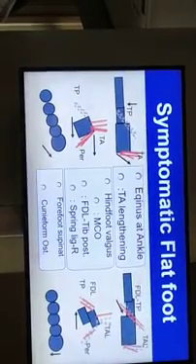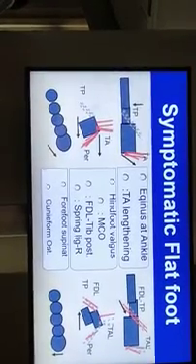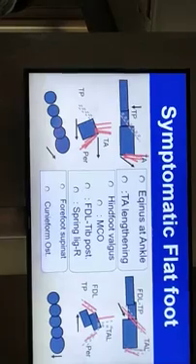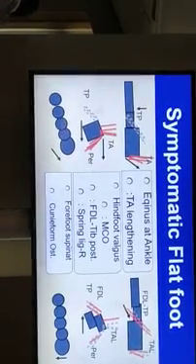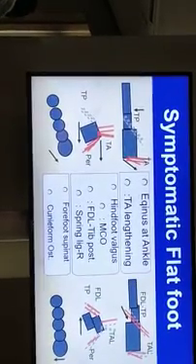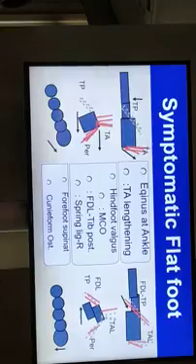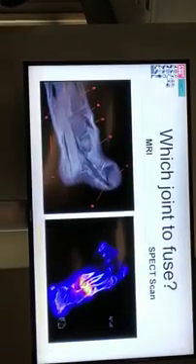So for symptomatic flat foot: equinus of the ankle, Achilles lengthening; hindfoot valgus, do a medial calcaneal osteotomy, FDL to tibialis augmentation and spring ligament repair; forefoot supination, cuneiform osteotomy. So get this slide in your mind and you'll understand what the pathology is for the symptomatic flat foot. Stage 3 and 4, fusions with the joints to fuse,